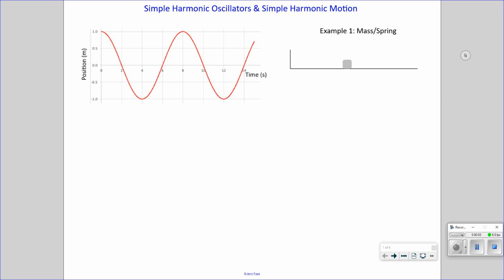Hi folks, we're going to talk about simple harmonic oscillators, specifically a mass on a spring. You might be able to imagine the following. Imagine we took this system, this mass on a spring. Here's a spring that attaches this mass to the wall, let's say. And let's say we took this whole system